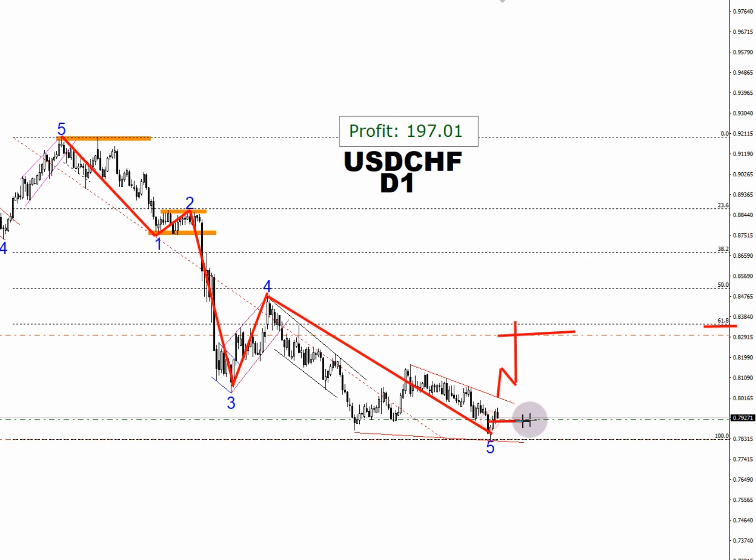We are attempting to make a purchase with a brief stop and are aiming for the anticipated ABC correction pattern. The market showed a modest amount of growth last week, yielding a total of $200 in profit so far. But for the moment we are standing still. It's unclear what exactly this movement truly is.